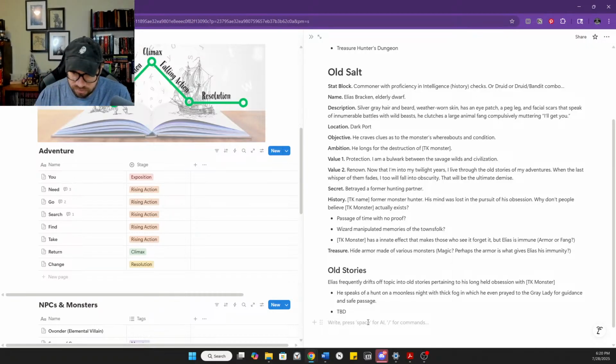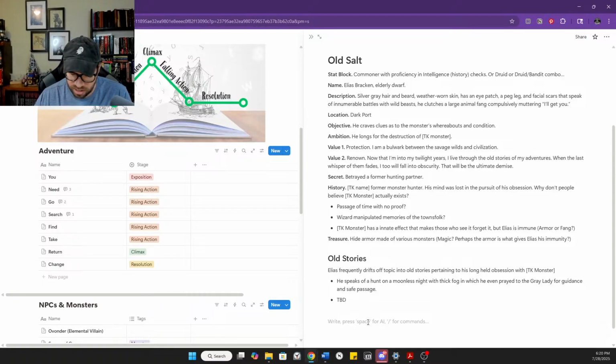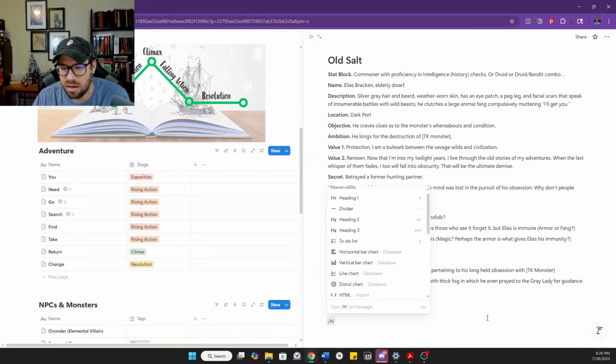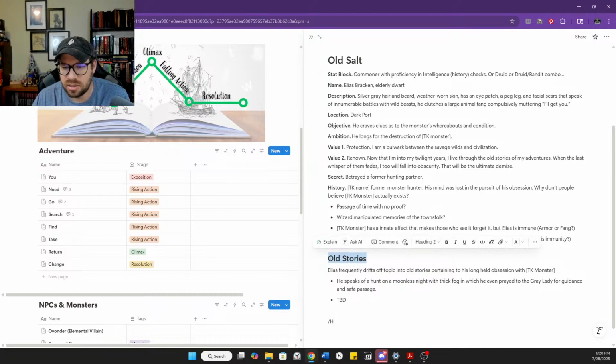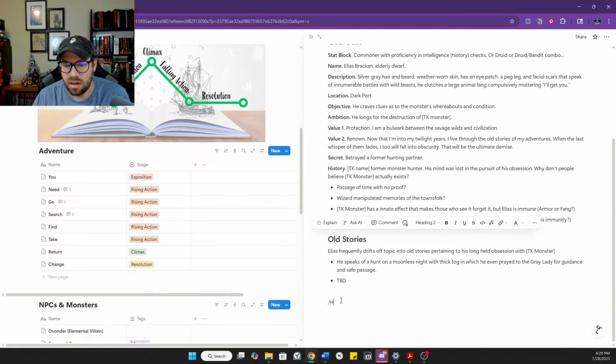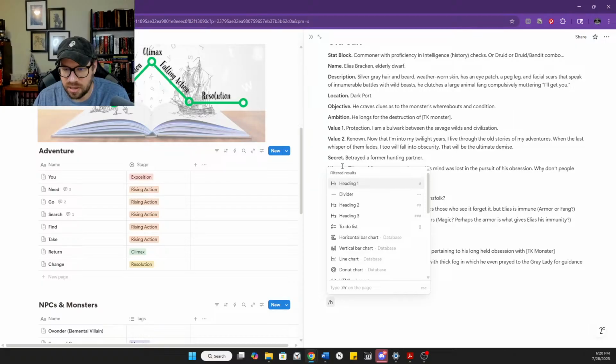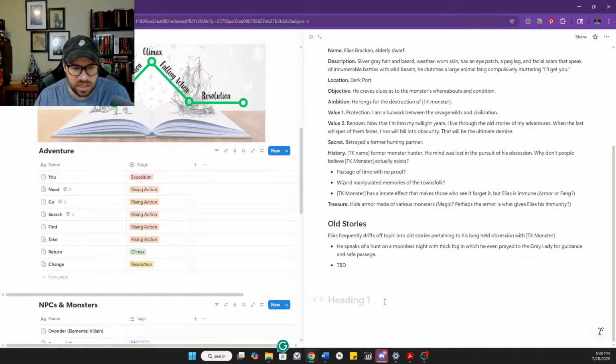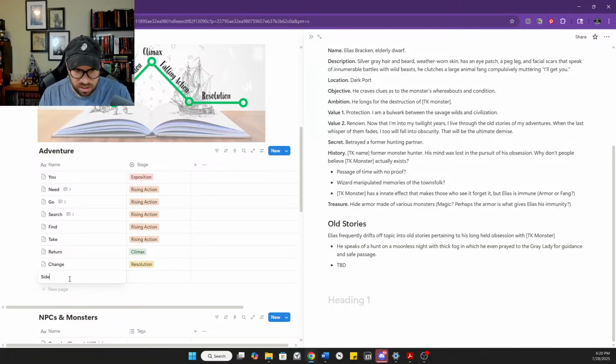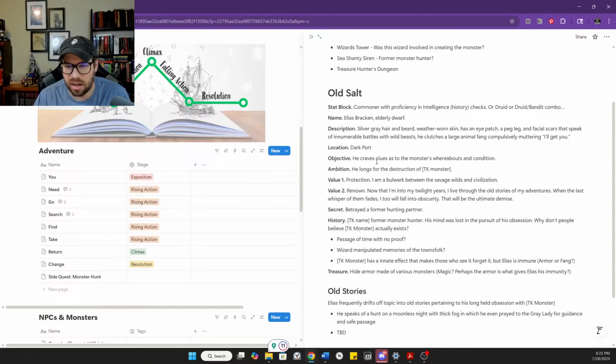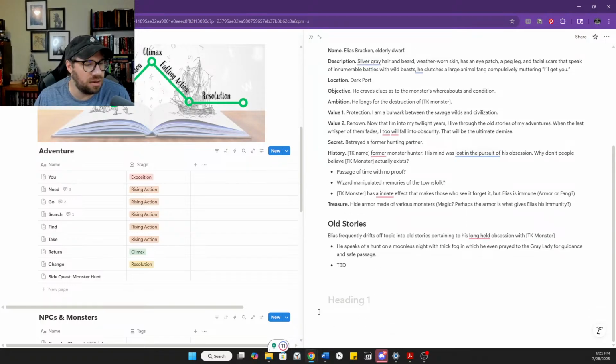All right, so before we get completely off topic here, let's put another heading in here. What did we say? That's heading 2. That's a heading 1. Okay, cool. Let's put another heading in here because we're going to start building out our side quest, and then we will add it to its own page over here. We'll say side quest, monster hunt. I'm going to build it here now just because we've got a lot of our details here, and then we'll cut and paste it over to that.